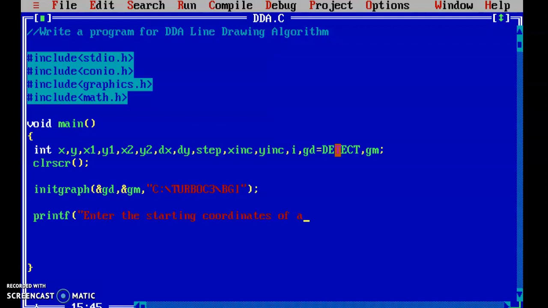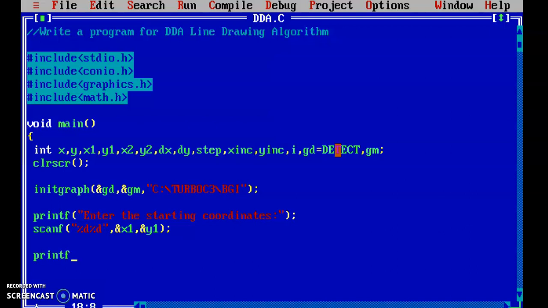Then scanf %d, I'm going to use two at a time, that is x1 and y1.